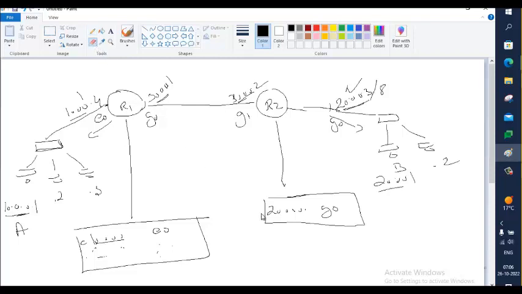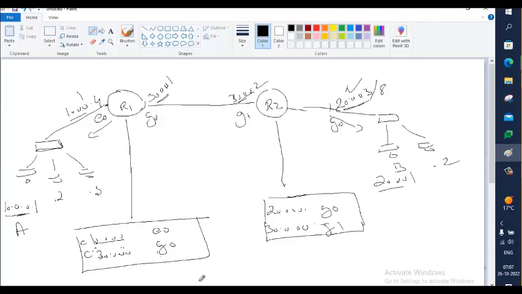Now as soon as you put this, additionally another line appears in the routing table: 30.0.0.0 connected via G1, and 30.0.0.0 connected via G0. So this appears. For this, there is no need for any routing protocol or any static route. But if I want to ping from A to B, I need a static route or a routing protocol,